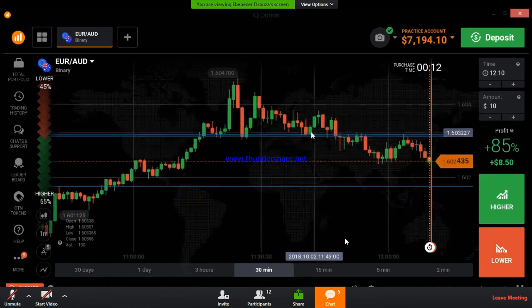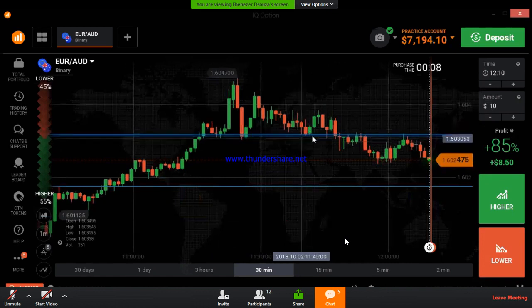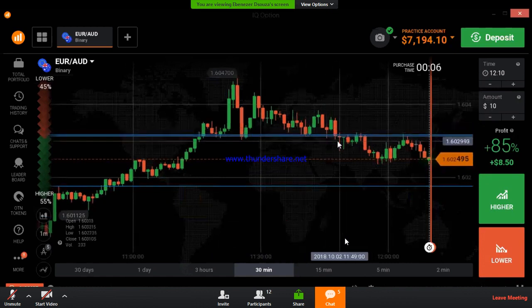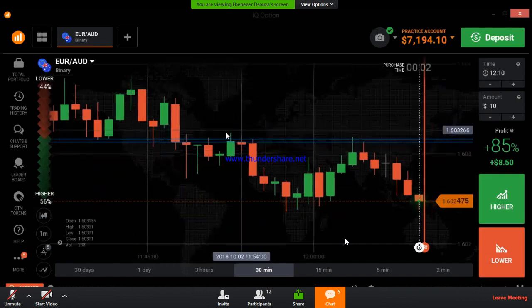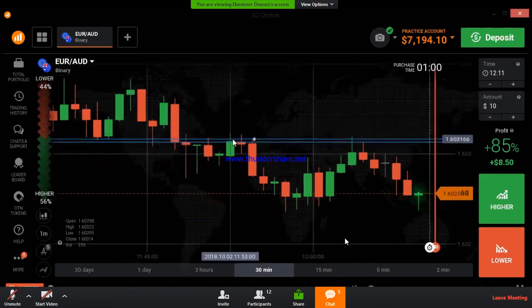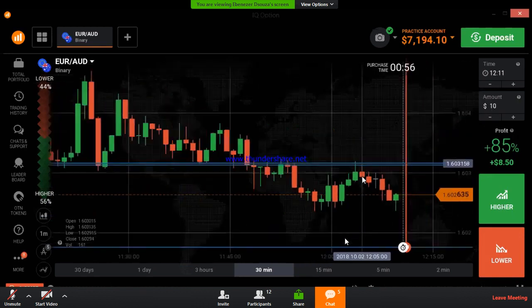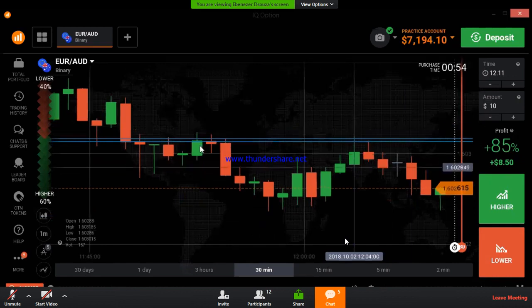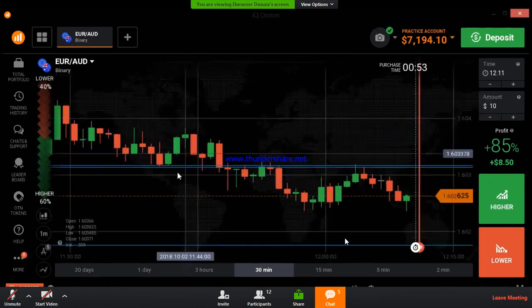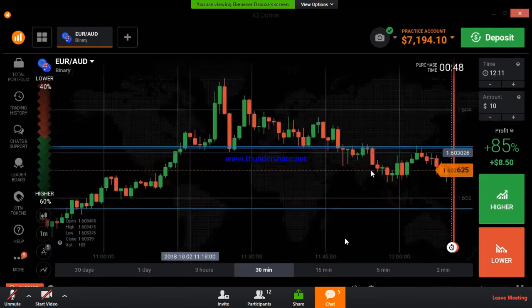You can see it reverse. It didn't reverse here because it tried here. It is again trying to break this level. At last it breaks this level. So when the market breaks this level, it works as a resistance level here, right? It reversed from the same level. When the market touched this level, it reversed. There are some rejections when the market touched this level here also, because this is a strong level.